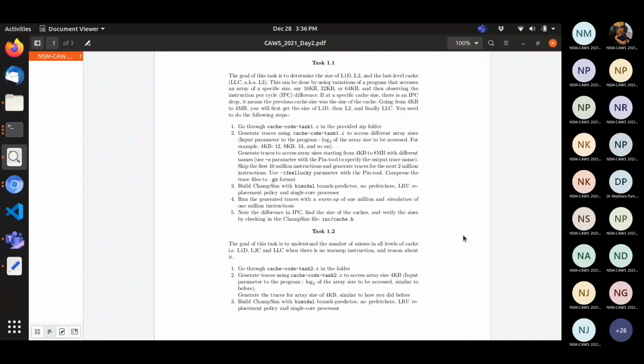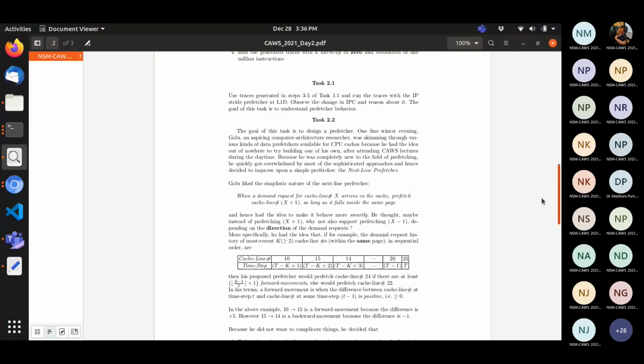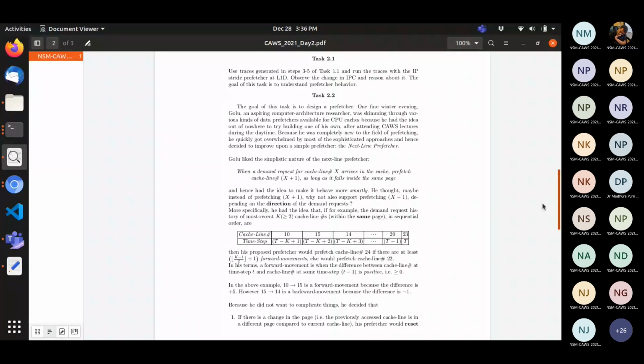It's already 3:36. I think this lab is till 4, right? They can try the rest according to their convenience, but for task 1.1 and 1.2, you can discuss at 3:45. Sure, I'll do that. That's what I told Devasys, that it will be too much for them. He said no, it's too easy. So he has put 2.1 and 2.2. The main challenge is task 2.2, right? They can take it as a homework assignment, I guess.